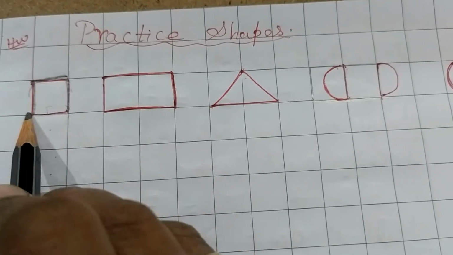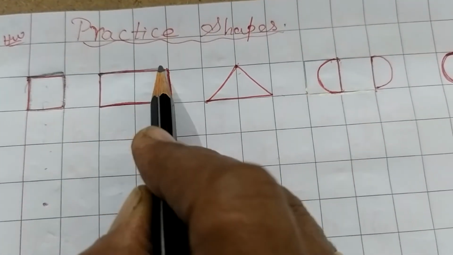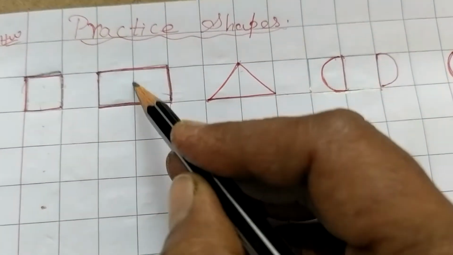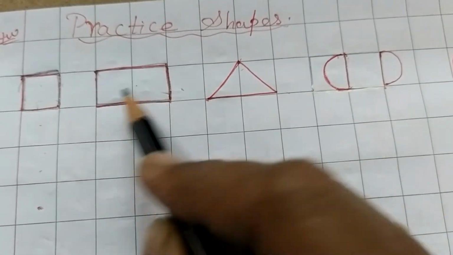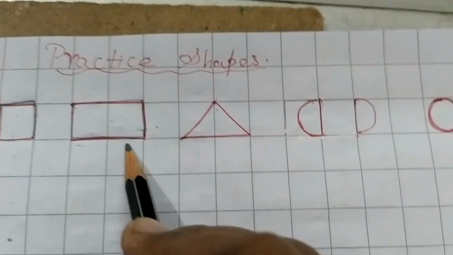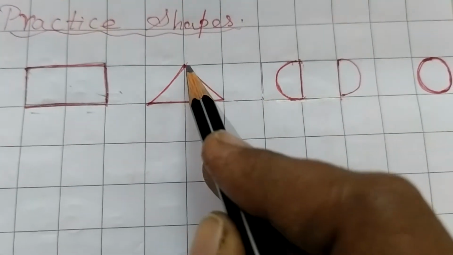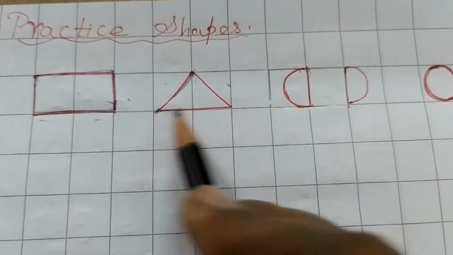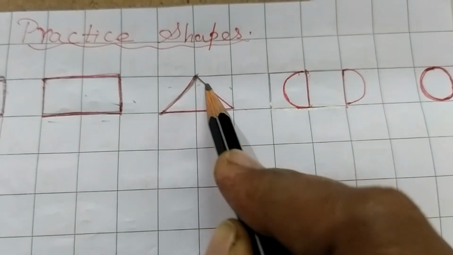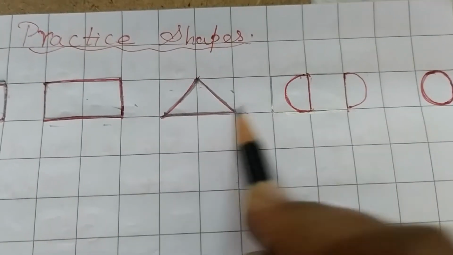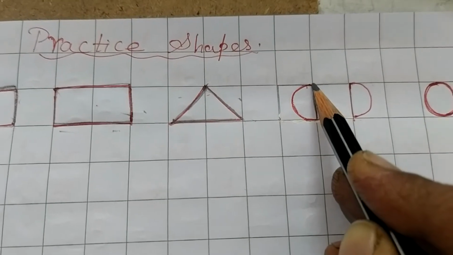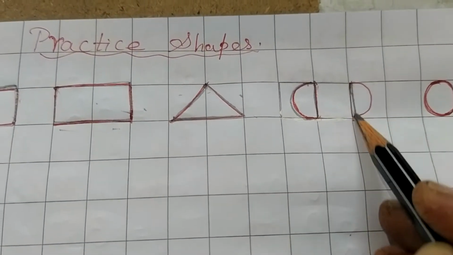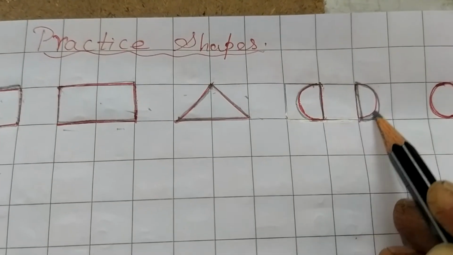If you take one cell, it is a square shape. If you take 2 cells, it is going to become a rectangle shape. Rectangle also you can give this way, but I have given it in this way so that the place is filled properly. And then the triangle, as I said, you can take 2 boxes, keep 3 dots for them. So they will draw the triangle shape, and then the same way this one box can be taken for the right bounds, that is right curve, and the next box can be taken for the left curve, the left bounds.